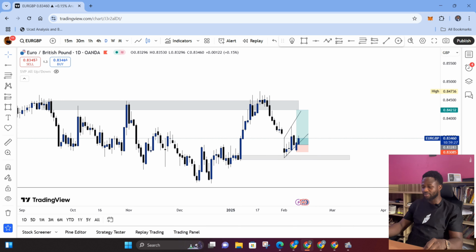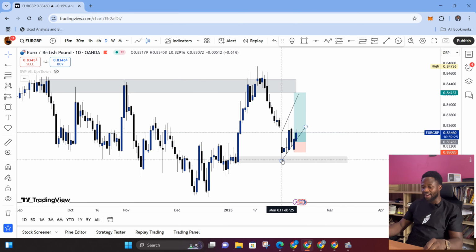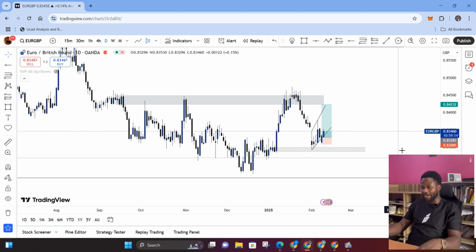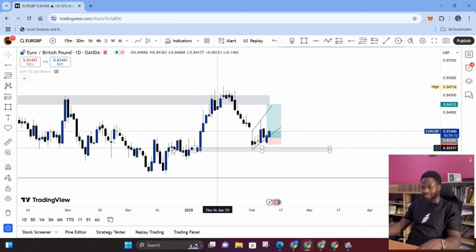If I was going to be entering my position from here, I was going to put my stop loss here, because if it immediately takes this out, then I'm waiting for another dynamic to happen. But what did I do? I waited, right? Then a lot of action is going on here, and when this market came and tested here,